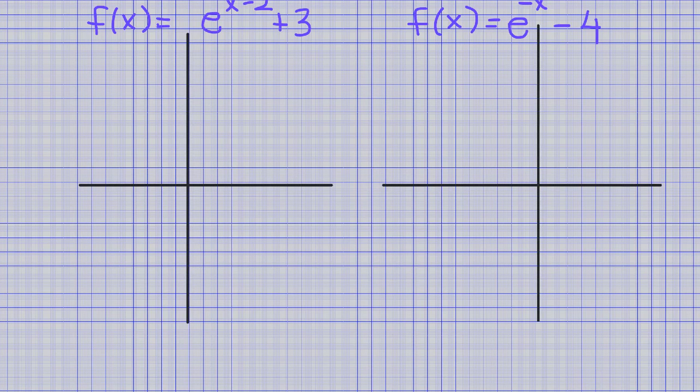For this page, we'll be looking at base e graphs with combinations of transformations. So this first problem, we have base e, which remember is like 2.72-ish. And so we have base e, and then we're going to move 2 units to the right, and we're going to translate it 3 units up. So let's write that down first before we start graphing it. So we have the transformation